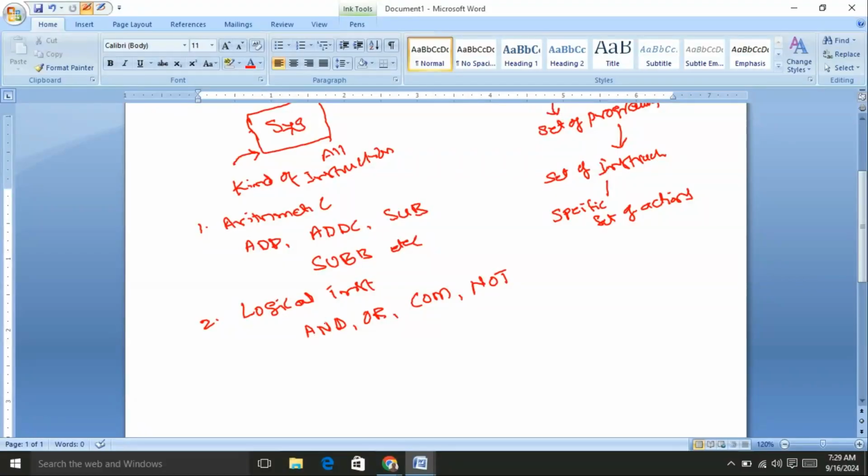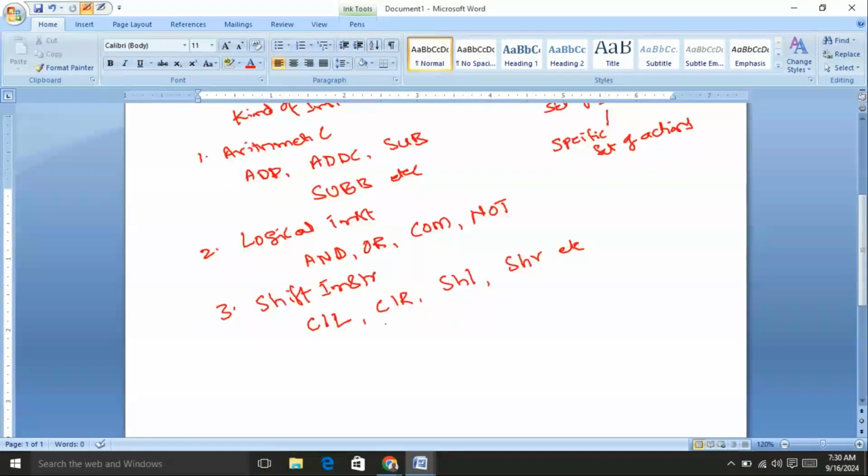And shift instructions, that means shifting the computer bits: circular shift left CIL, circular shift right CIR, logical shift left SHL, logical shift right SHR, etc. And we also consider the data transfer instructions, that is to move the data from one place to another place, that is LDA, load, store,